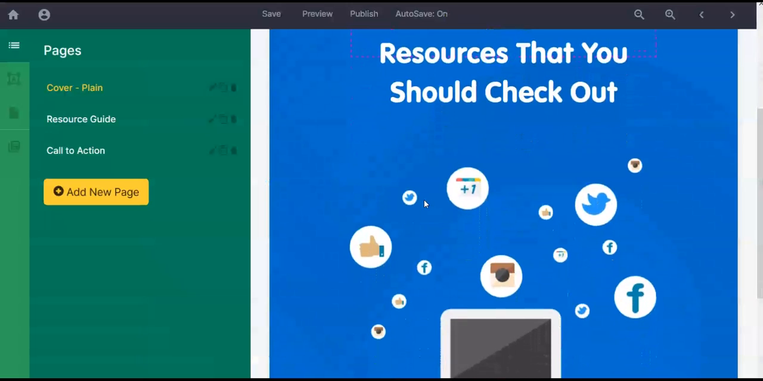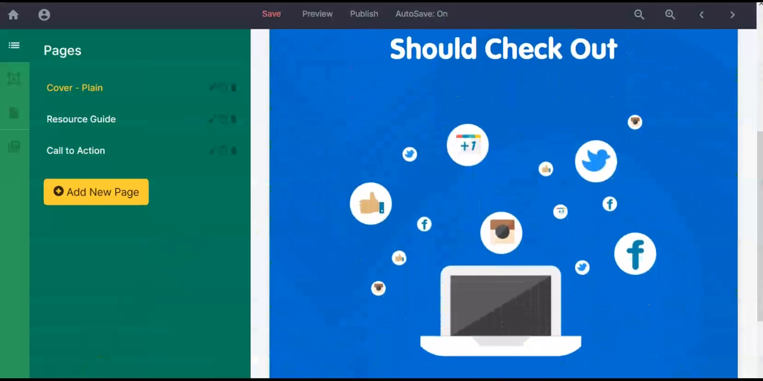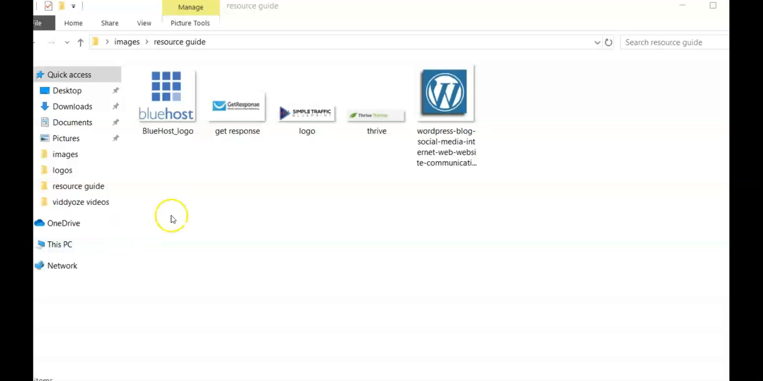So the resources that we're going to use, I'm going to show you the resources. Okay, so I found some images that I want to use to create my resource guide. This is an introduction to some of the tools that you need to get started to get your affiliate marketing business off the ground. I'm presenting this guide as my lead magnet to try to attract people that are interested